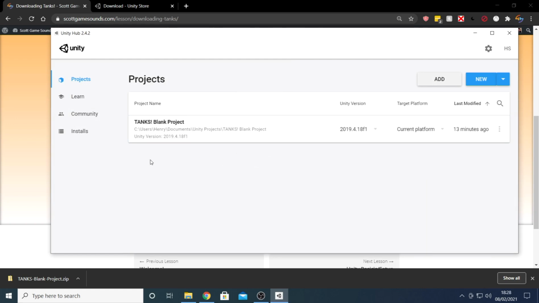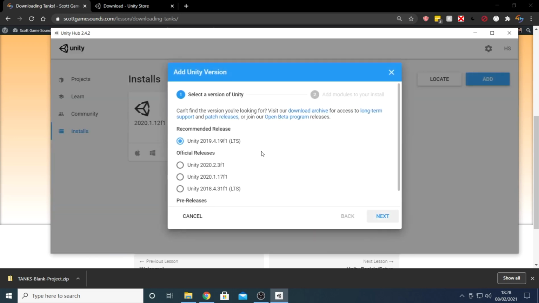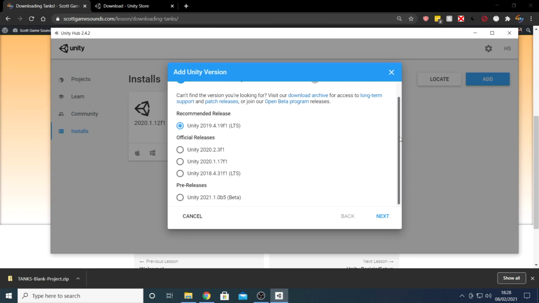Now before we open the project, I'm just going to quickly come to the Installs tab and talk about different Unity versions. Now, if I click Add, you should be able to see all of the Unity versions that are available to me at the time of recording this video. Now, Unity recommends that I use version 2019.4. As you can see, it's got the letters LTS next to it, which stand for long-term support, which just means